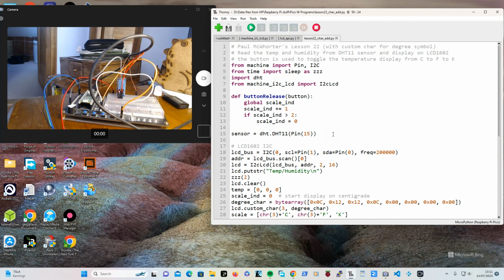Right, I don't know what other people are using, I'm using machine_I2C_LCD, and from that I'm importing I2C LCD. I can't remember where I got the idea from, and I can't actually remember whether I had to import it or not. But if we have a look at this,